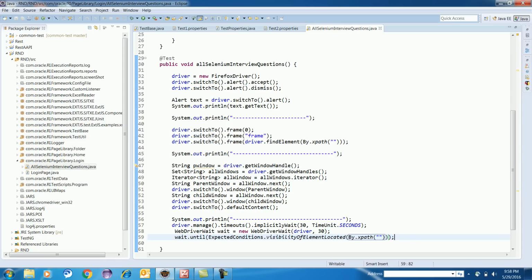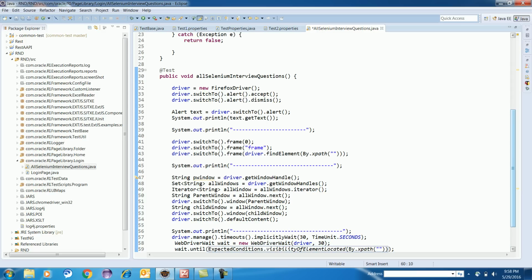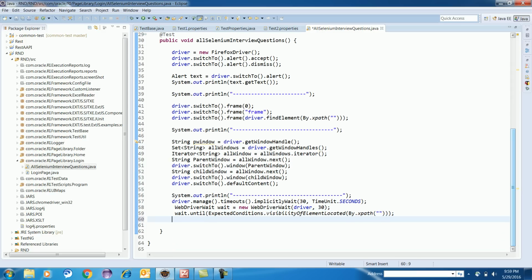There, implicit wait will not be applicable, because implicit wait is for the page. It is not for a particular element. For explicit wait, let's say you have a state in a drop down, and based on the state the district is getting populated, so that will take another 10 seconds to load. So there you can go for explicit wait. So these are the two main waits we have in Selenium. We also have polling interval and JavaScript waits, which will be seen later.